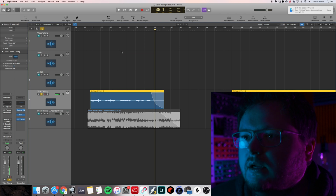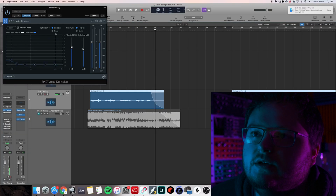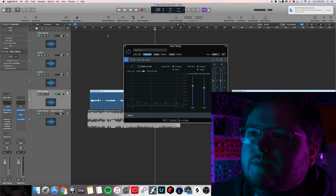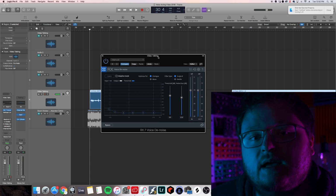So as you can see, it's all the tonality and the pitch and stuff is there raw because I'm actually performing it. It's not like a pitch shifting effect. Now, in terms of what I have in the chain, we're going to have RX7. This is just a denoiser. So what this is doing is just eliminating some of the background noise, like my heating system, the highway sound,